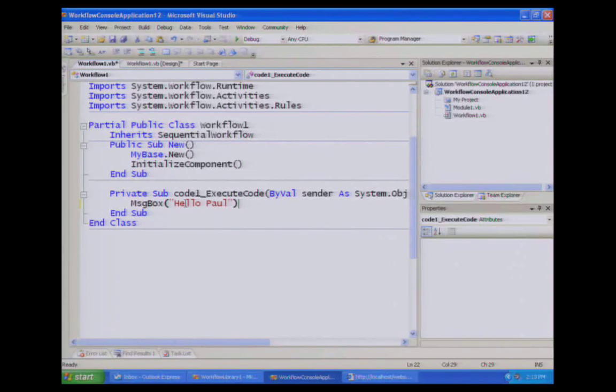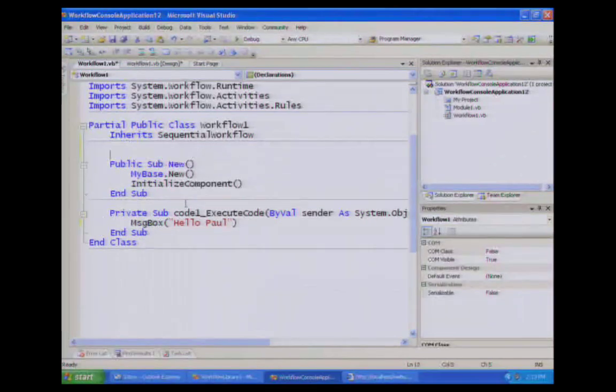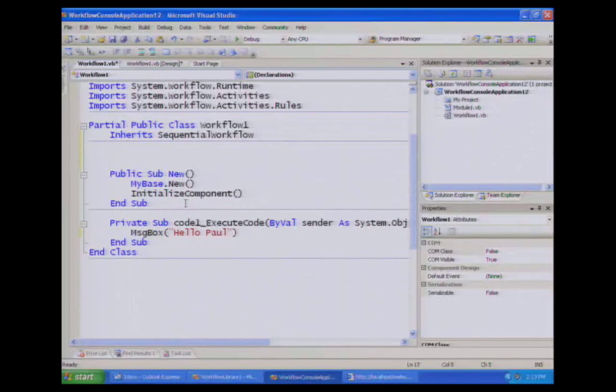Okay, so let's extend this simple scenario a little bit more. I'm going to add to my workflow a condition to check whether or not it is Paul that we're saying hello to. You don't want to say hello, Paul, if someone else is running it. It's a little bit simplistic, but it allows me to add a little bit more to this workflow. So I'm going to add a member variable into my class, and I'll just set that to Paul so that I'm going to assume that it's always me. When we go back into the designer,